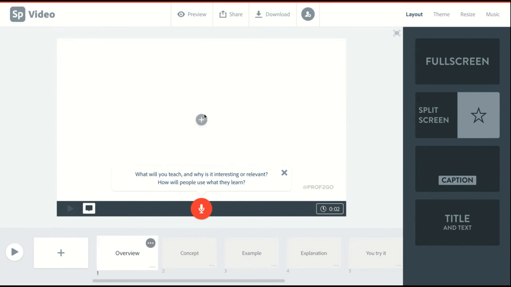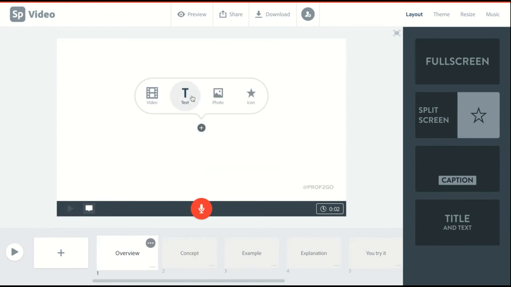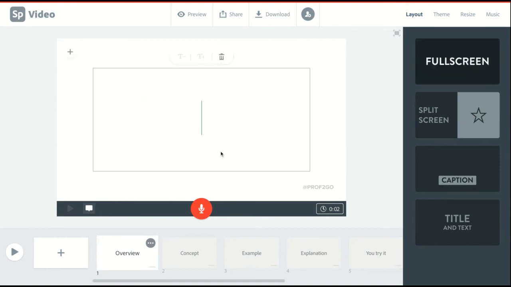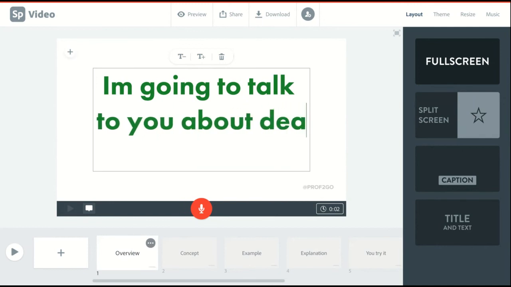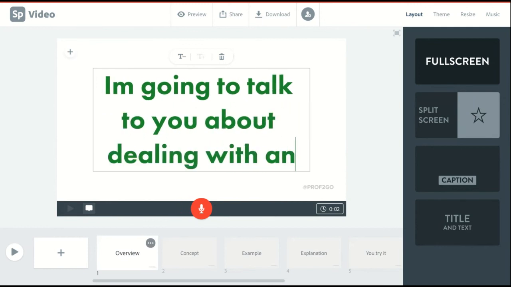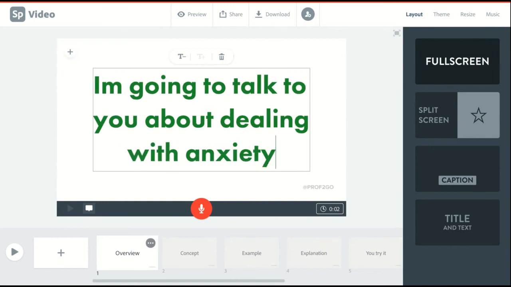And what I'll often do is just script it right in here. I'll just add some text immediately. I'm going to talk to you about dealing with anxiety. Why is it important?